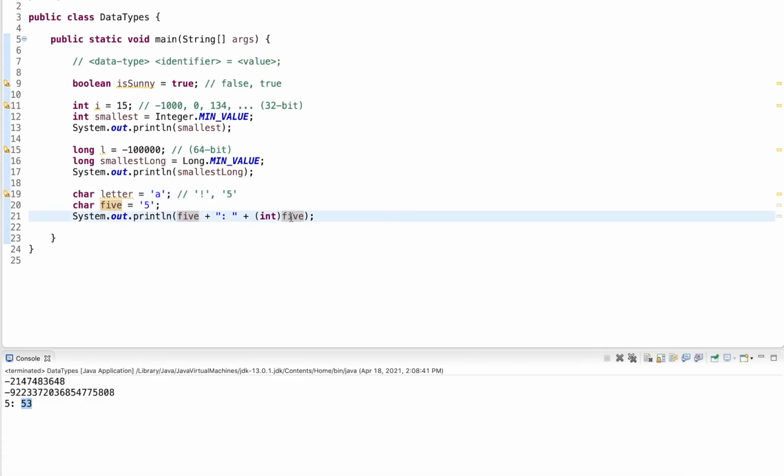So we should never mix characters with integers. Integers are numbers that we can use for arithmetic operations. Characters are really just characters. The integer value that represents a character has nothing to do with the face value of that character.